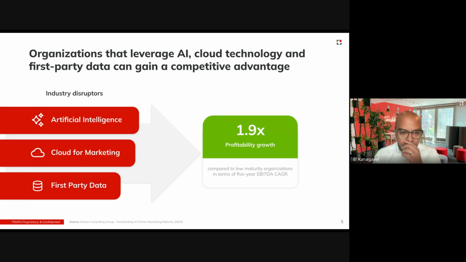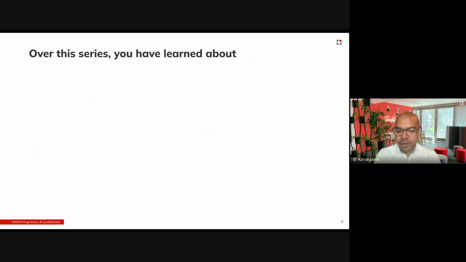But what it should also mean is that organizations that capitalize on those opportunities at the highest level show a distinct competitive advantage, almost 2 times the profitability growth of their lower maturity peers. So finding the right approach, the tools and specialist partners that help unlock those capabilities turns out to be incredibly lucrative and really critical to staying ahead of the curve. And that's why we put together this series and shared this journey with you.